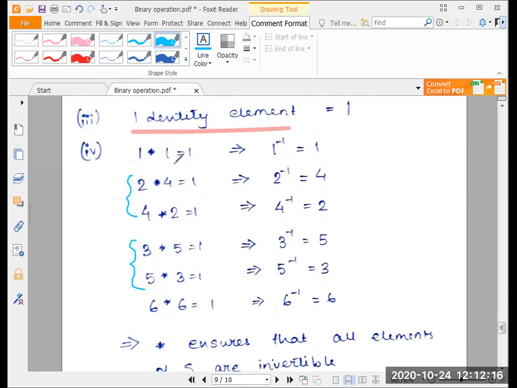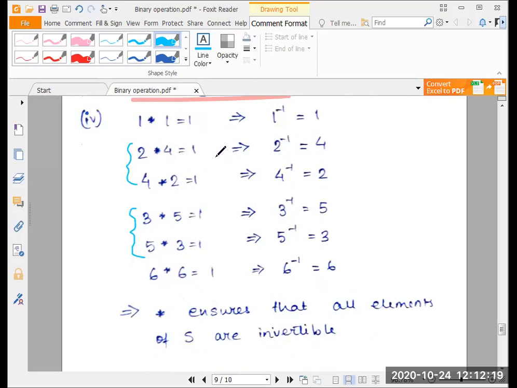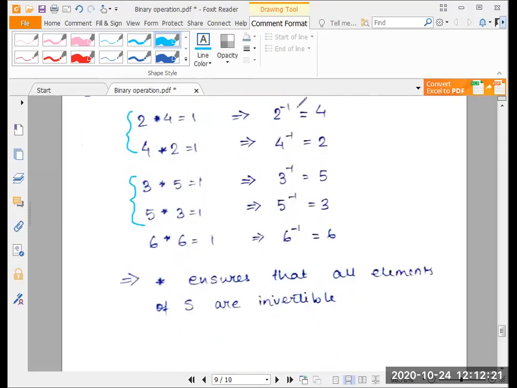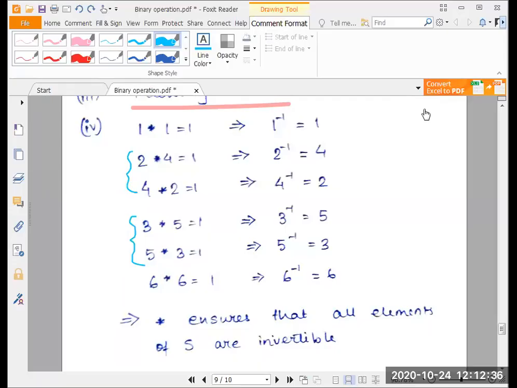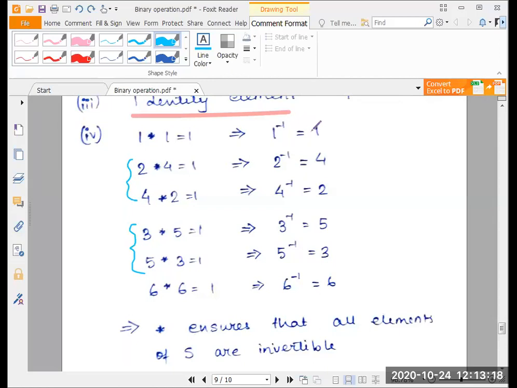So if A star B is 1, then, did I just do something? So when I say A star B is 1, I define A inverse as B or B inverse as A. That is what I was thinking. Do I define it as A inverse is B or B inverse as A? Because A times B is 1 and it's commutative, so it doesn't matter. So if 1 star 1 is 1, then 1 inverse will be 1.